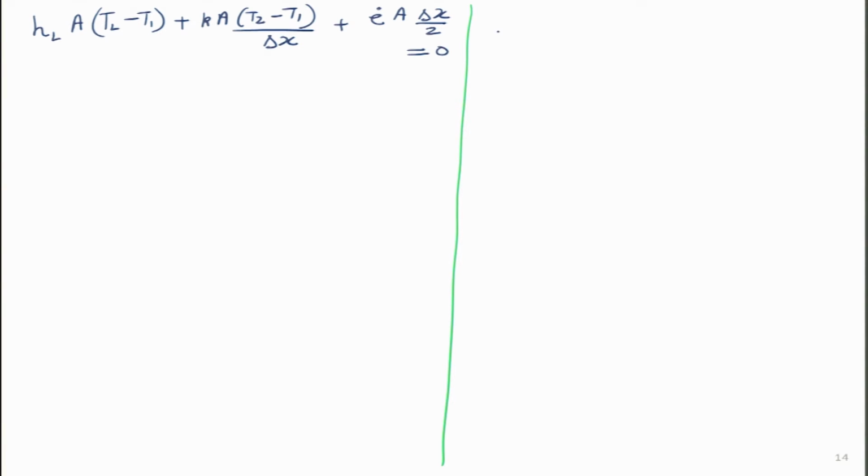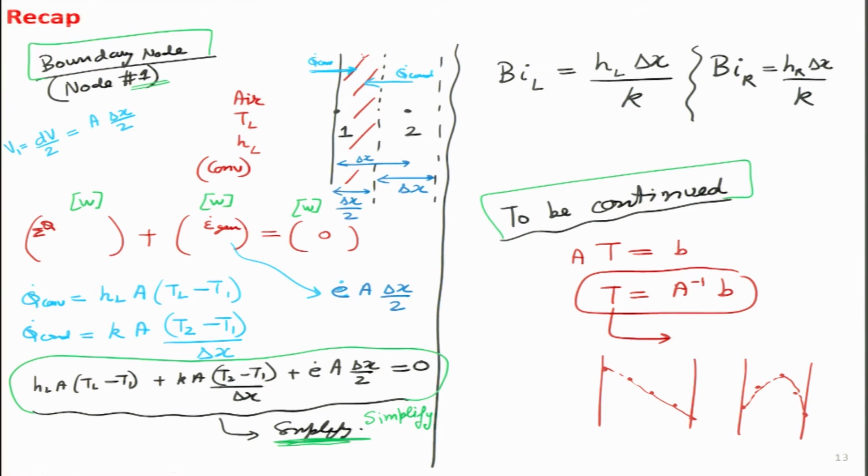So, all these terms have the units of watts, and we notice that over here we have this factor half, delta x by 2, because the interior node is having half the volume over here. Like we can see over here, this particular shaded region, its thickness is actually delta x by 2. So, this is the equation where we had stopped. Now, let us go ahead and try and solve it further.